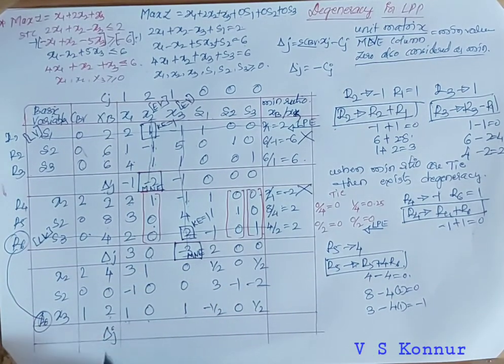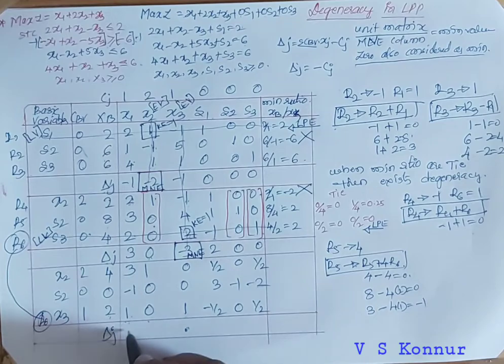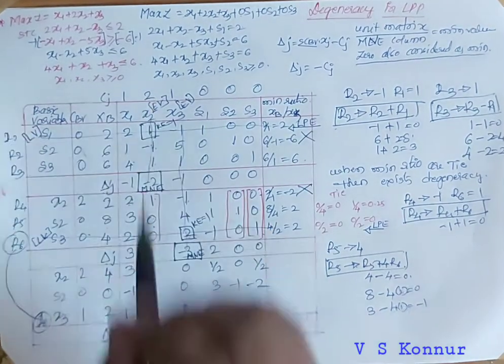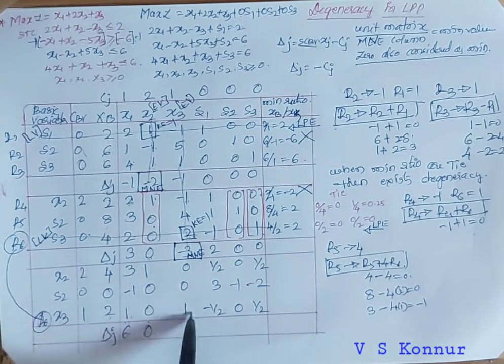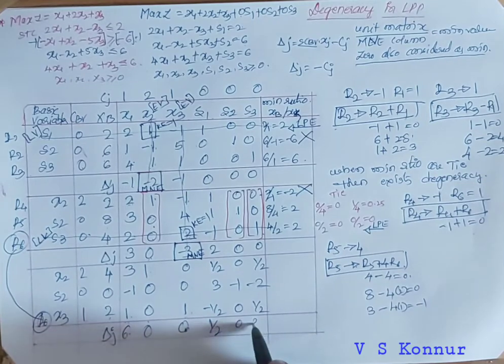Then you have to find delta z using the same formula. So to make this element also 0, this will also become 0. You can check with the help of delta z. 2 into 3 is 6, plus 1 is 7, minus 1, 6 we will get. 2 minus 2, 0 we will get. 0, 0, 1 minus 1, 0. I told you these three elements should be 0. Now we got 0 directly. In the same way, we will get 1 by 2, 0, 3 by 2.